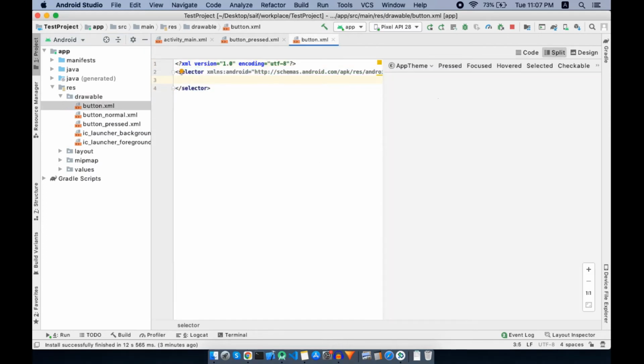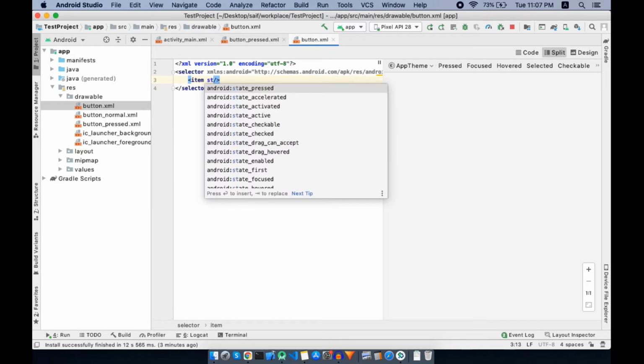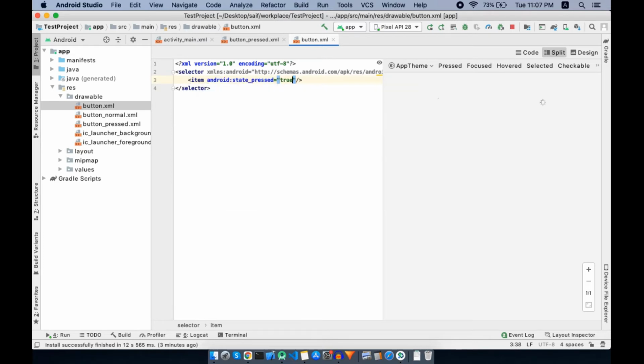Press OK, and in here we need to create 2 item elements. The first item element will be for state pressed true, and the second item element will be for the normal state.